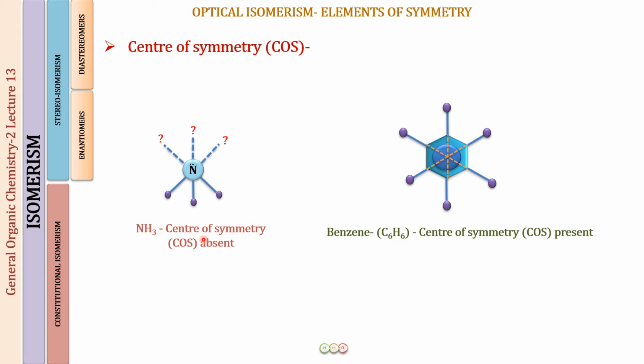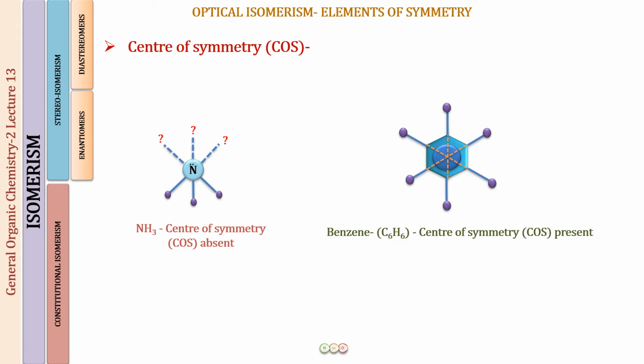Whereas in the benzene molecule, I encounter a center of symmetry. From the center of the benzene molecule, if I move in a particular direction, I encounter a carbon and its hydrogen. If I move the opposite direction, equal distance, I encounter a carbon and its hydrogen. Similarly, this way a carbon and hydrogen, the opposite direction, equal distance, a carbon and hydrogen. Here again a carbon and hydrogen, opposite side a carbon and hydrogen. So the benzene molecule has a center of symmetry, and wherever a center of symmetry is present, that molecule is, again I am repeating, achiral. Fine, I hope this is clear.